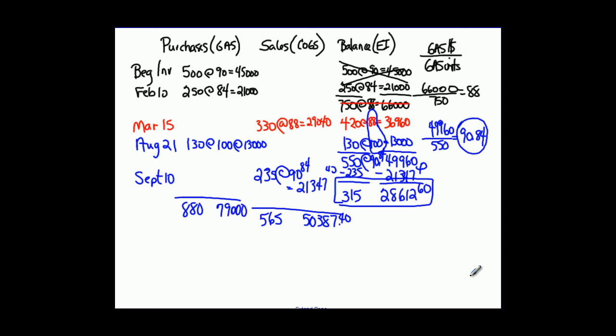Remember, we want to calculate that goods available for sale so we can check our work. To check our work, we take the goods available for sale and subtract the units that we sold to get the units we have left. To get the ending inventory in dollars, we start with the goods available for sale in dollars, subtract our sales in dollars, and we end up with our ending inventory in dollars. And remember, you could end up with a small rounding difference, and that's